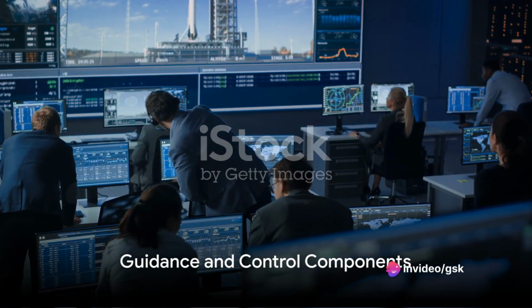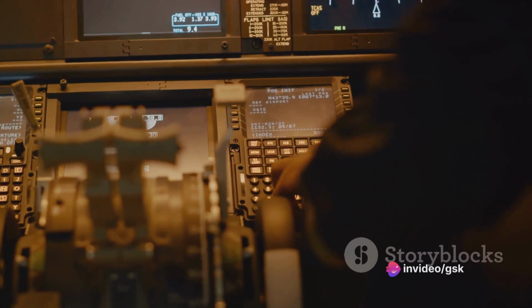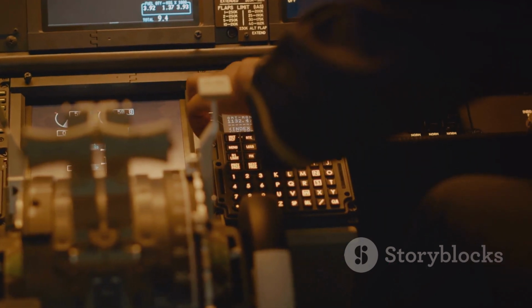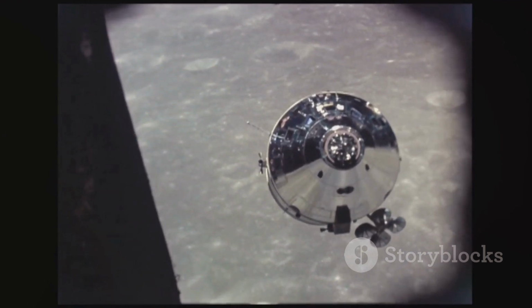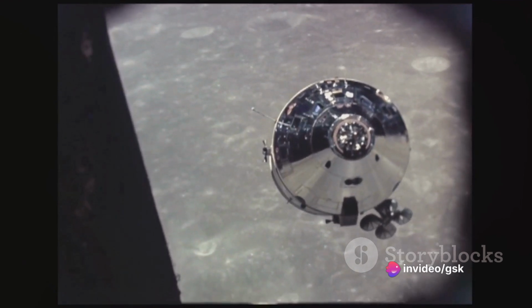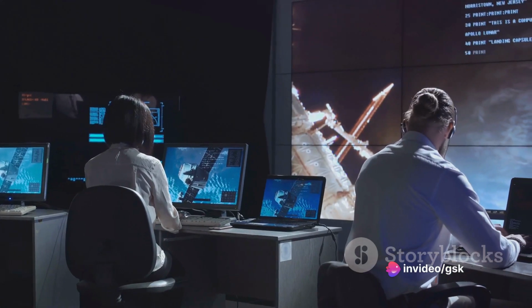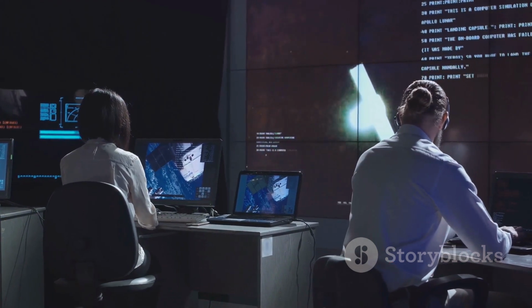Next up are the guidance and control components. The avionics, a combination of electronics and computer systems, guide the rocket on its course. The gyroscope, or the inertial measurement unit, IMU, are crucial for maintaining the rocket's orientation and stability during flight. And then we have the thrusters, or the reaction control system, RCS, small rockets used for fine adjustments of the